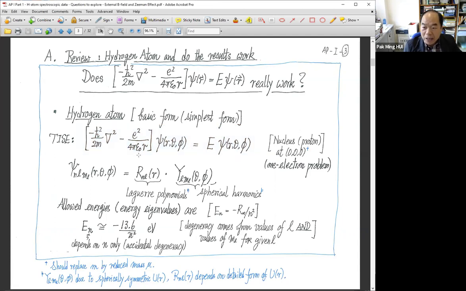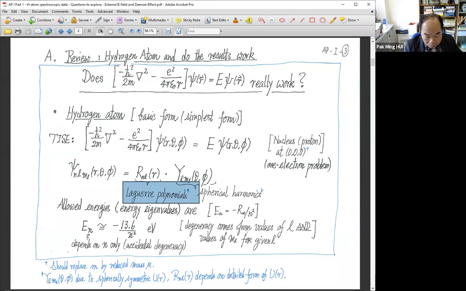When you do that, because of this property, you can apply separation of variables. And then you can do the theta phi separately. They are called spherical harmonics. And they are good for all U of R problems. Doesn't matter, it's hydrogen atom, it's a harmonic oscillator 3D, doesn't matter, okay? It's always there. Then you have a radial part of the wave function that really depends on what is the form of this U of R. For hydrogen, you pick up a special function called Lagrange